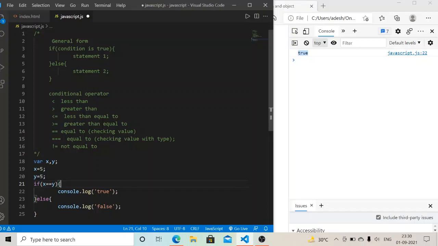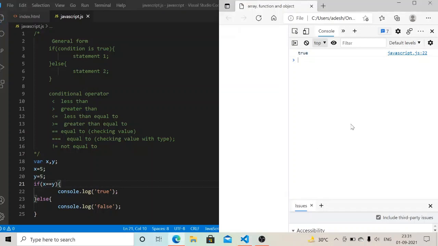It simply checks whether the value is matching or not. If you give a number or string, it does not check the type of the variables, it only checks the value of the variables. Here I give x value 5 and y value 5, so according to my condition this statement is true, so it returns true, statement 1 will be executed here.